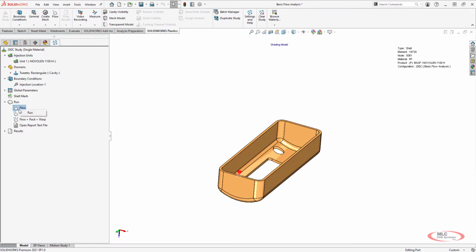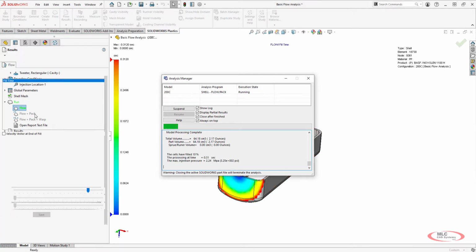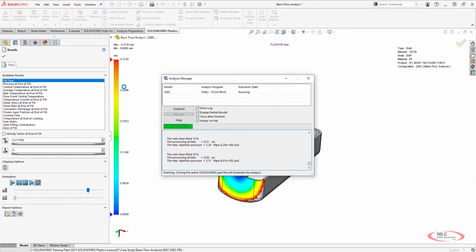Now, from there, all we have to do is right click on our flow and choose to run. It'll bring up the solver window telling us how much of the volume has been filled as it's going. You'll notice when we choose to run, we've got a couple of different options. We can run the flow plus pack, or run a flow plus pack plus warp and